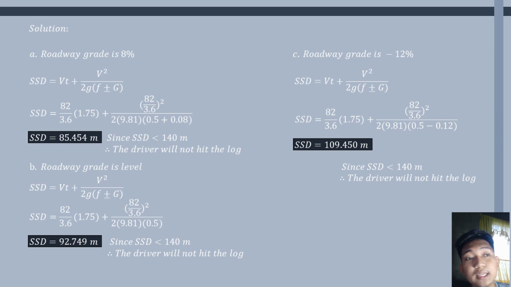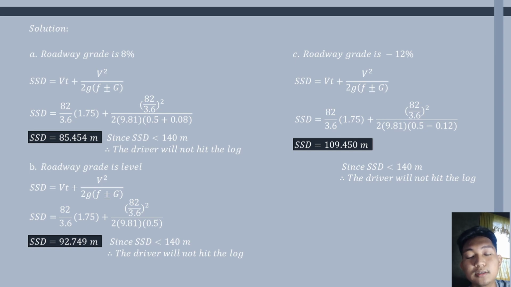So we have 82 over 3.6 times 1.75 plus 82 over 3.6 raised to 2 all over 2 times 9.81 times 0.5 plus 0.08, since the grade of 8% is 0.08. We get 85.454 meters, which is the SSD for the first condition. Since the SSD of 85.454 meters is less than 140 meters, we conclude that the driver will not hit